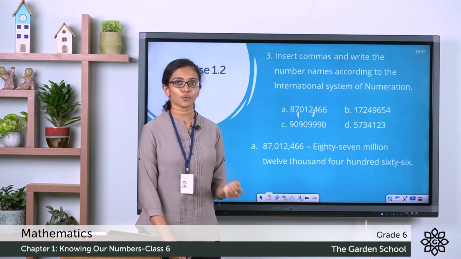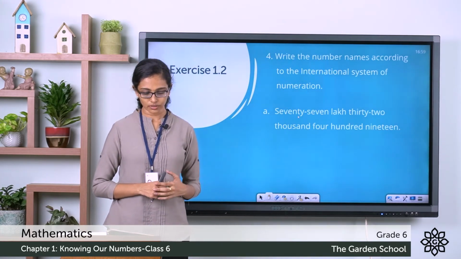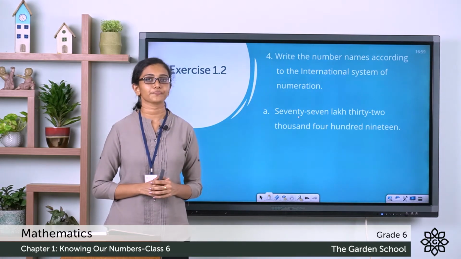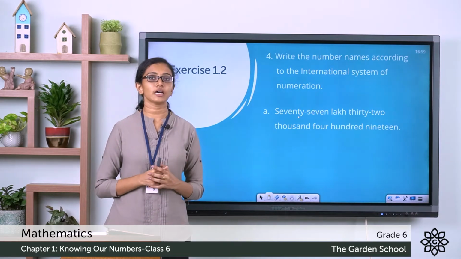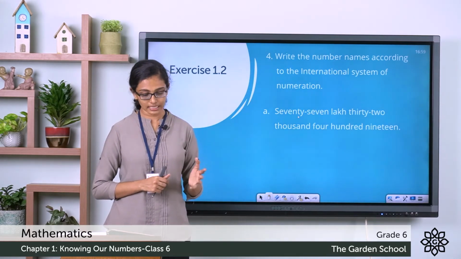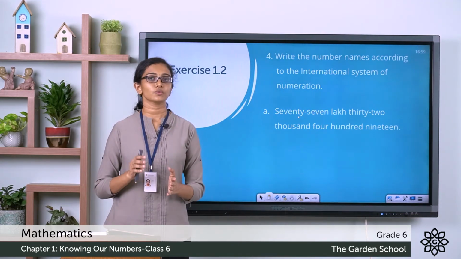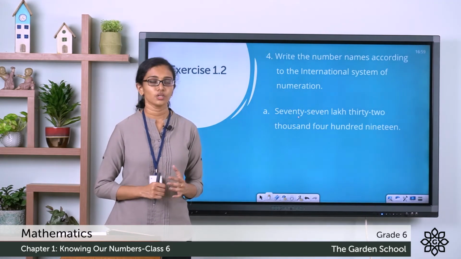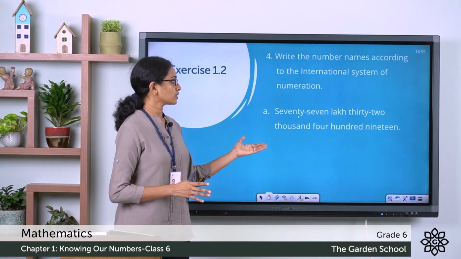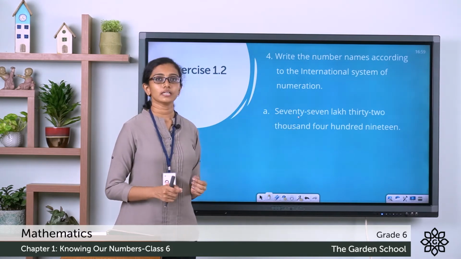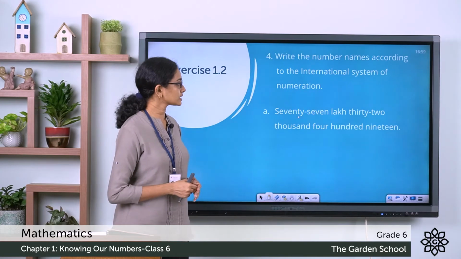Now let's move on to the fourth question, and it reads, write the number names according to the International System of Numeration. And what you are given there is a few number names based on the Indian system. You have to change these number names into the International System of Numeration. So what can you do about this? See, the first step is to write down the numeral corresponding to the given number name. So the question given here is the first one,